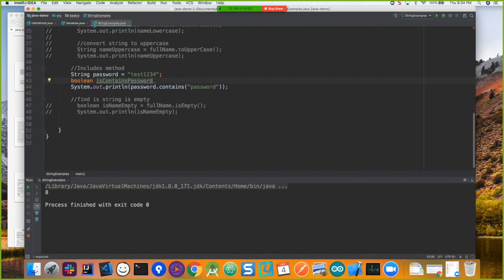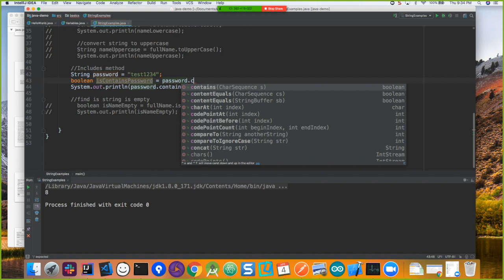We want to find out if the password variable contains the word password. The user should not be using the word password within their password. Does that make sense? We can easily find that out by saying password dot contains, and you